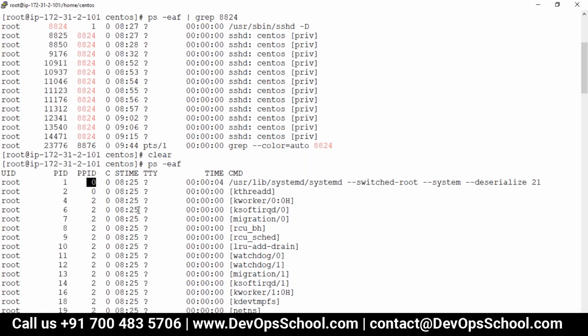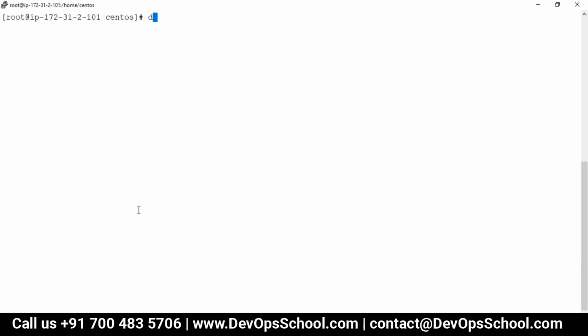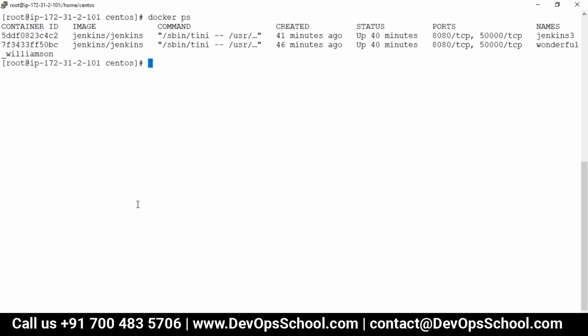Okay, so now I want to see how many containers I have right now. Running containers I have 2, this one and this one, out of which I'm going to take one container and try to trace it. Let's trace it.